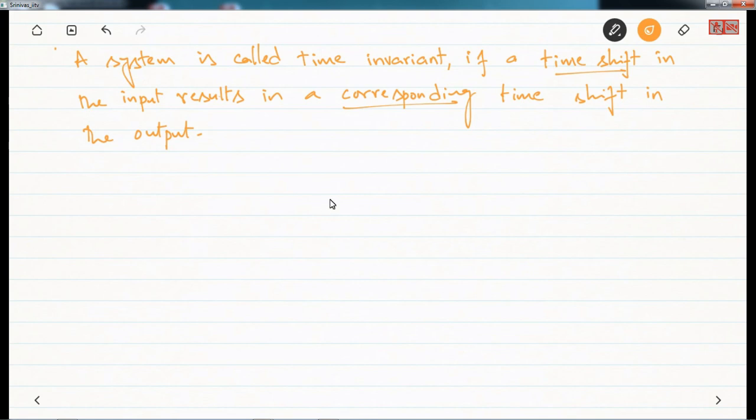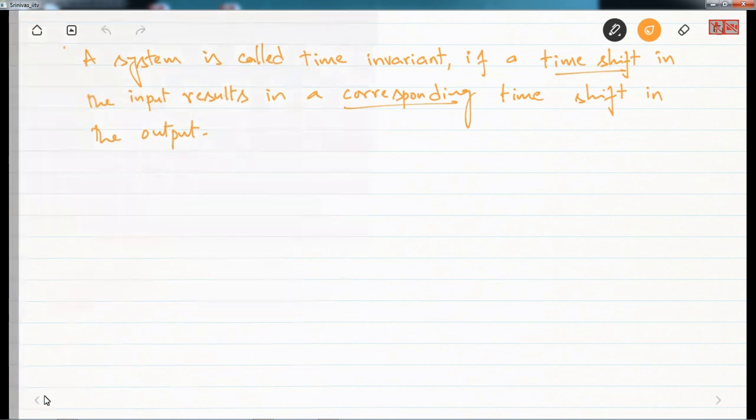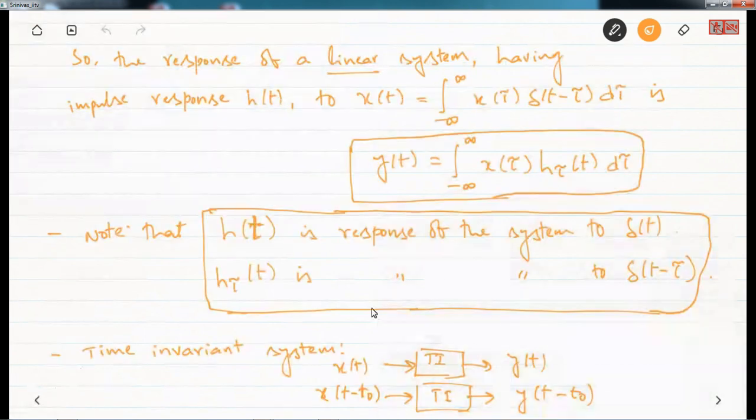So if y of t, as I have shown here in the diagram, if x of t is the input and y of t is the output, and when I delay the input x of t by t naught units, then the output will also be delayed by t naught units. That means